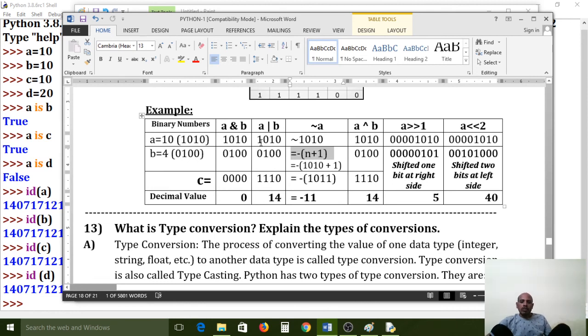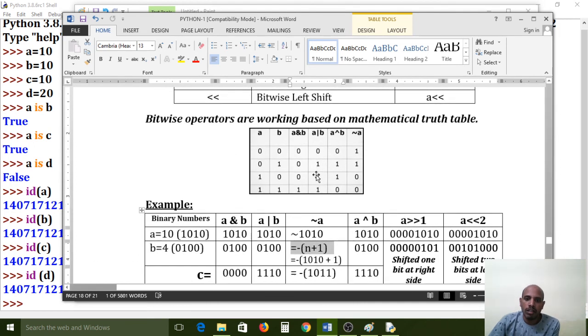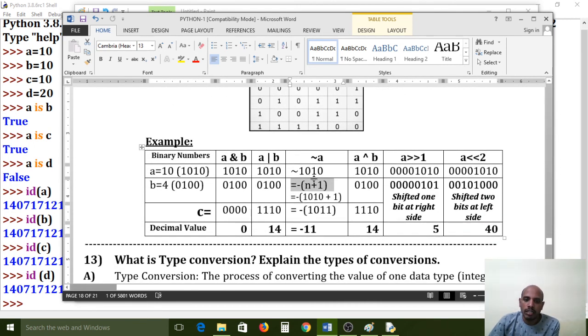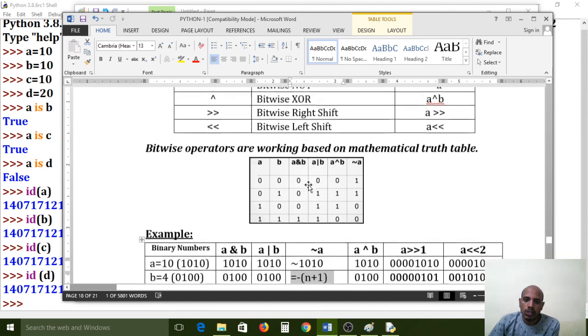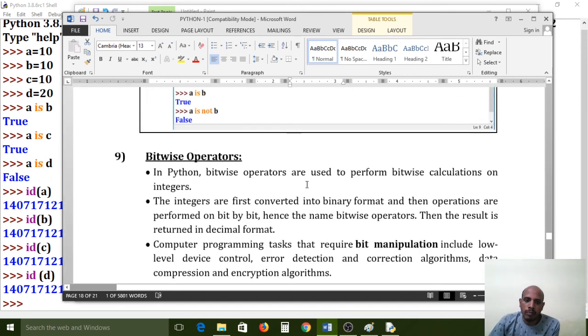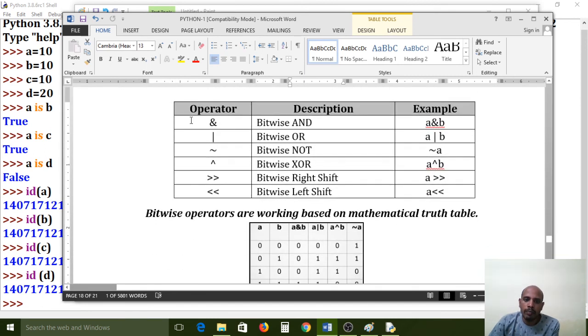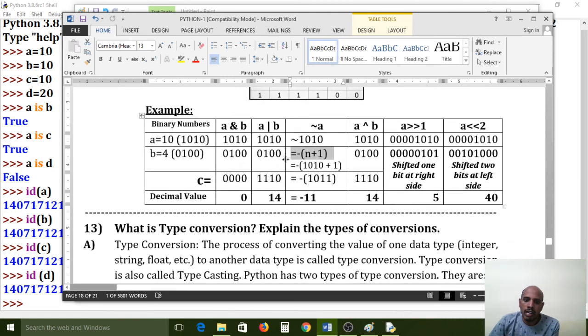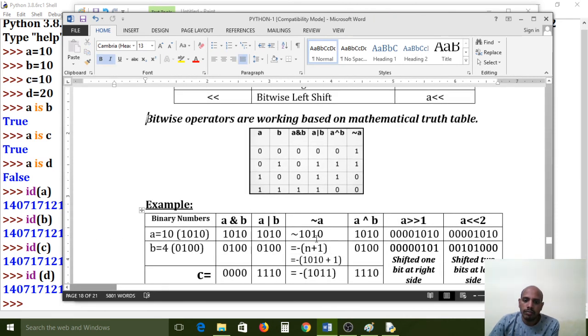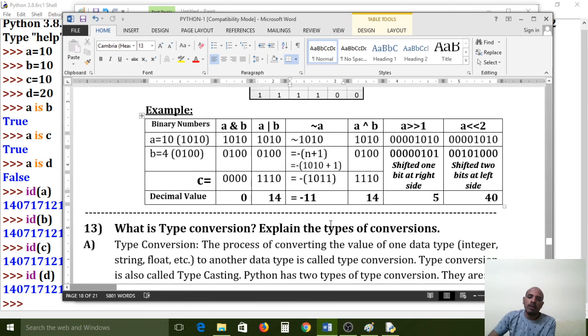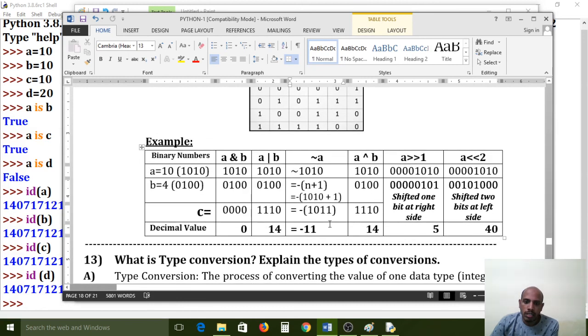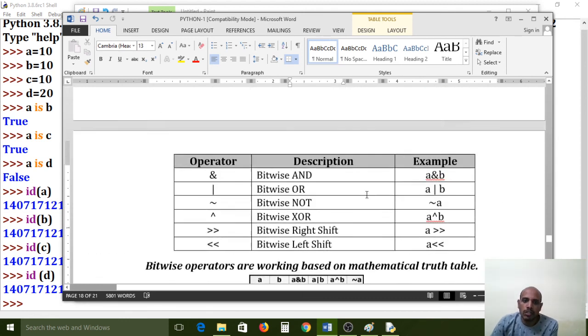But not required to write in the examinations in this brief way. Not required to write in this brief way. So if you want to write bitwise operators, just the definition is enough. After that the bitwise operators are enough. Not required from here to here, because you have only a 40 marks paper. The question also has fewer marks. No need to waste time writing this much lengthy answer. Just the operators are enough.